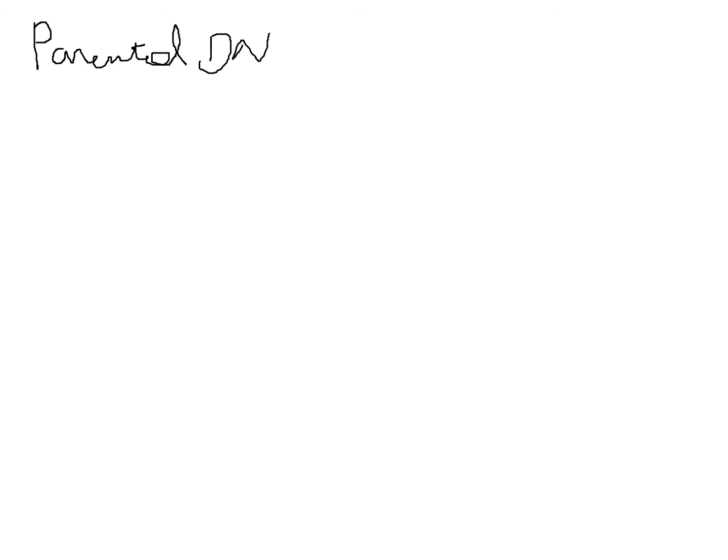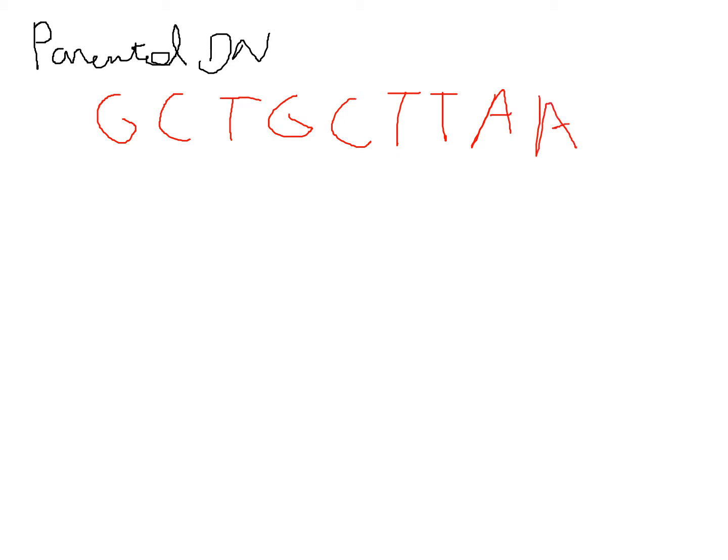So the parental DNA strand is going to be G, C, T, G, C, T, T, A, G. So if we just make up that strand like that, the binding pattern of that would be your parental strand. Your new strand